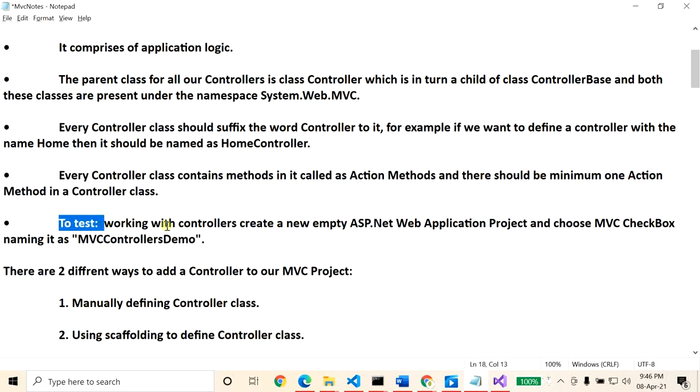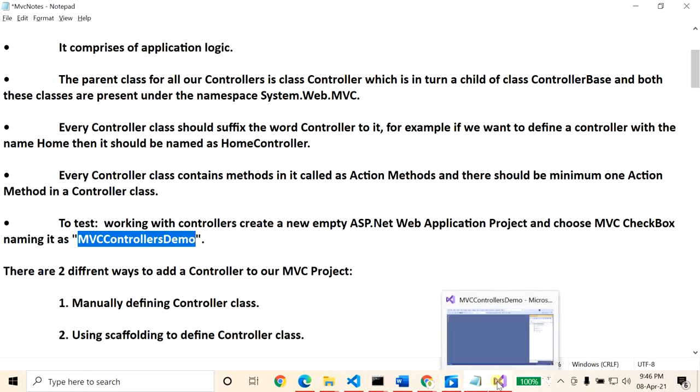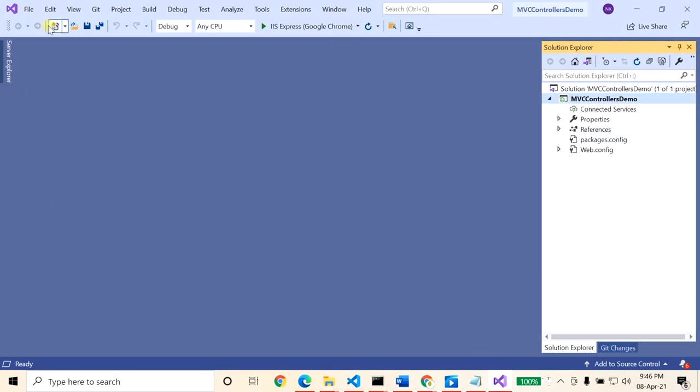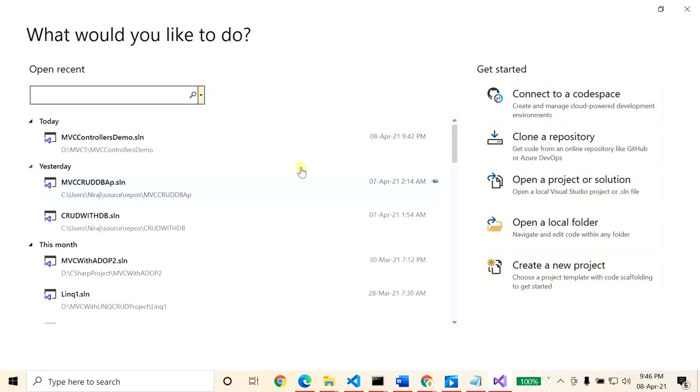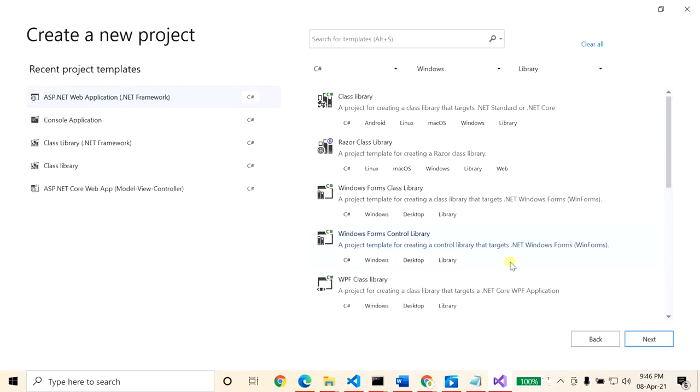To test working with controllers, create a new empty ASP.NET Web Application project, choose the MVC checkbox, and name it MVC Controllers Demo. Let's go to Visual Studio 2019, close all the solutions, and create a new empty ASP.NET Web Application.